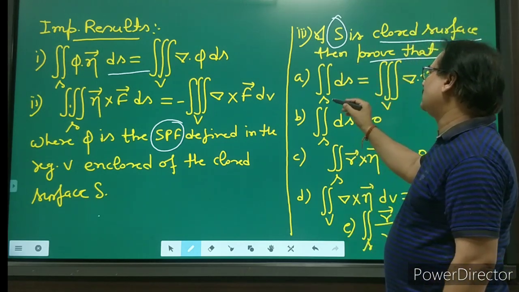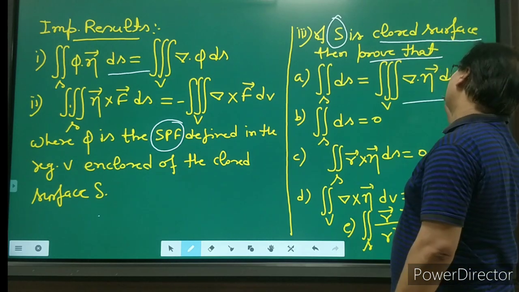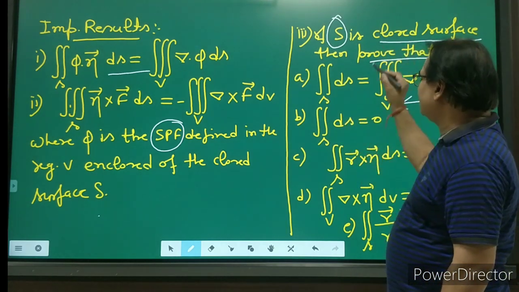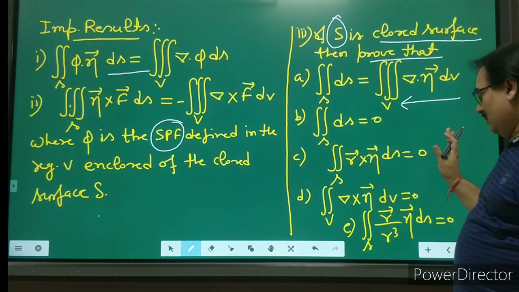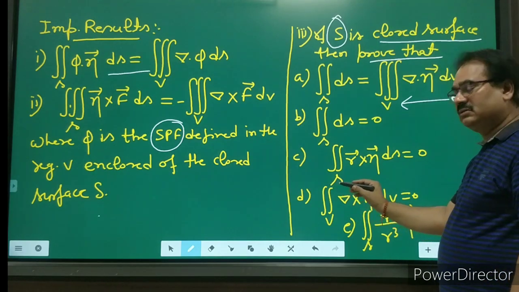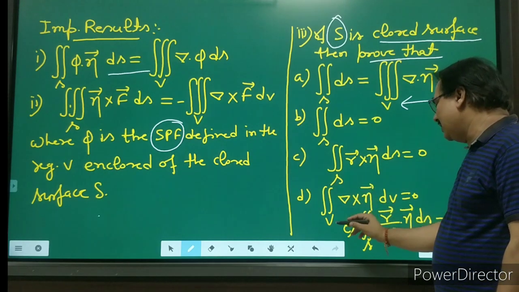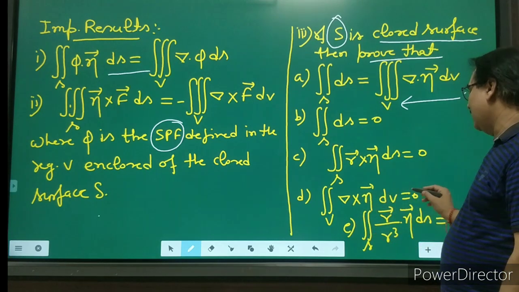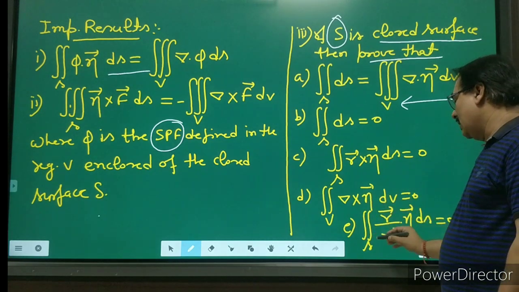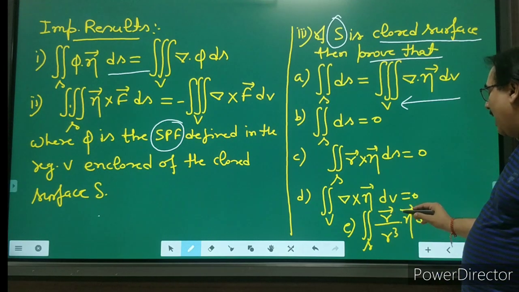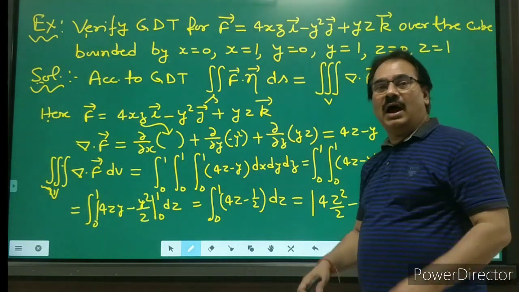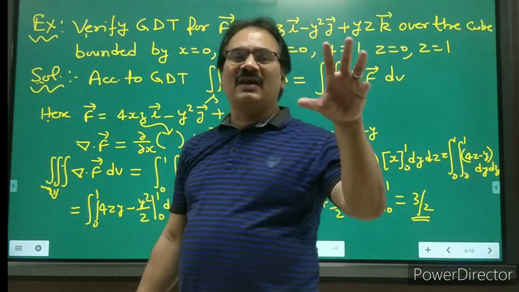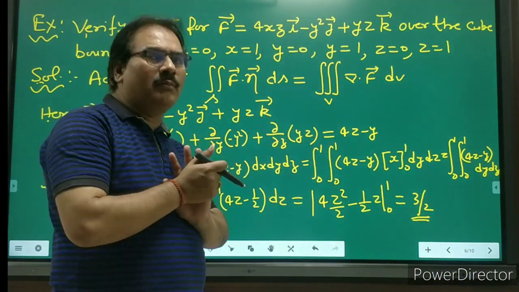So the double integral surface integral of s ds is equal to this. This is also an important result. In this case, s ds is 0 and r cross eta ds is equal to 0. You know what r is, and the double integral over V of del cross eta dv is equal to 0, and the surface integral of vector r divided by r cube dot vector eta ds is 0. So these are a few results you can go through and derive, and this is also an important result after establishing the proof.